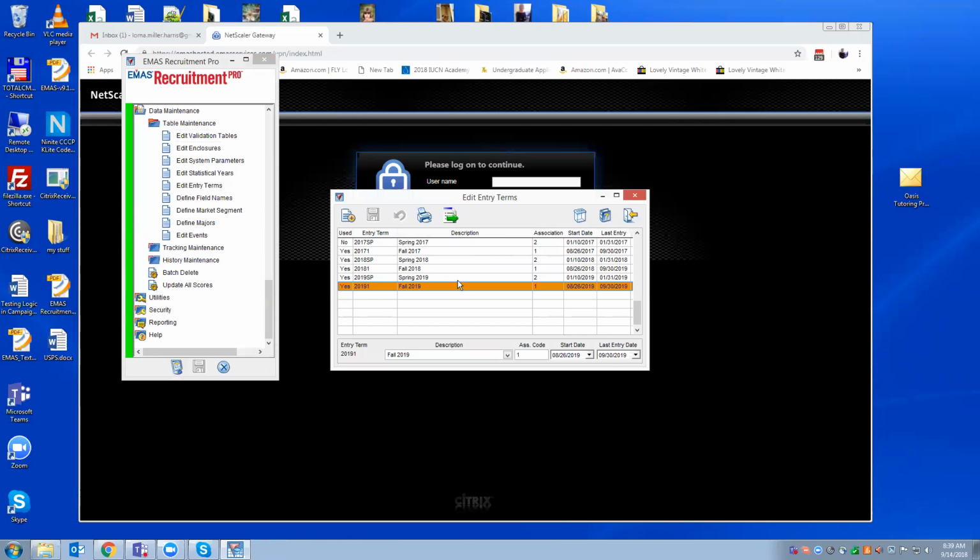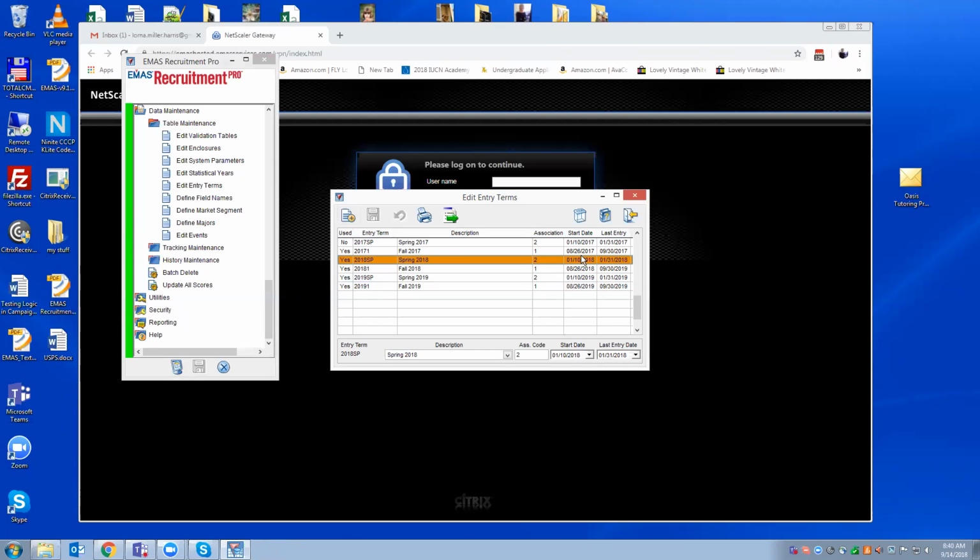If you're running enrollment history comparison reports, this is just a heads up that those comparison reports use the association code associated with your entry term to know which entry term compares to which other one. So when you're setting your new entry term up in here, be sure that you follow the pattern of the same association code for that entry term.